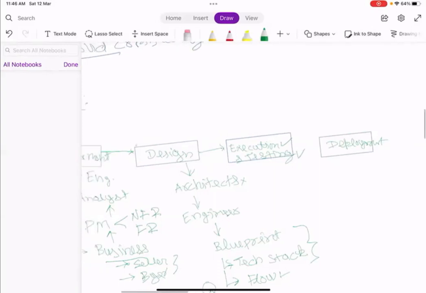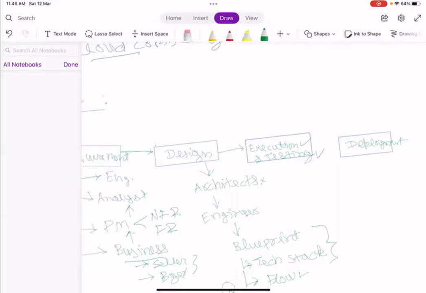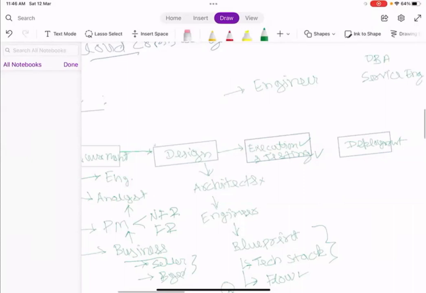So okay, yes, that is one thing I wanted to talk about, because you all are aiming for these product based company interviews. So everyone is an engineer. There can be PMs or engineering managers, I'm not talking about that, but everyone, what I have seen in my career. So earlier there were different teams. There have been multiple people. DBA. There was a service engineer. Okay, and then there was